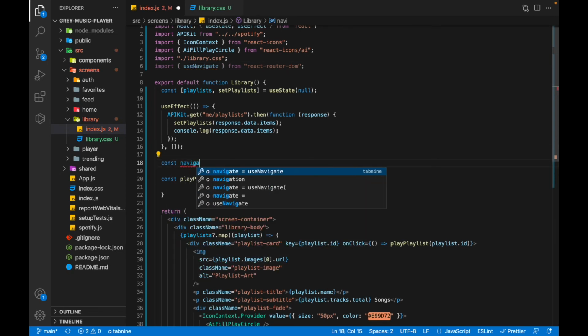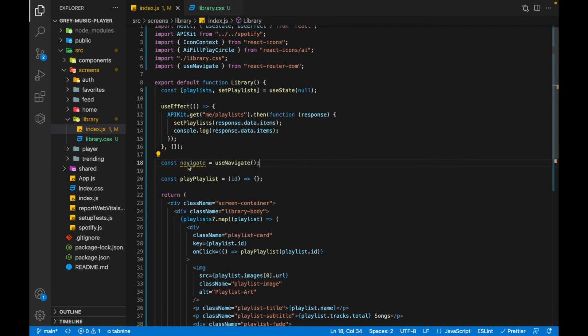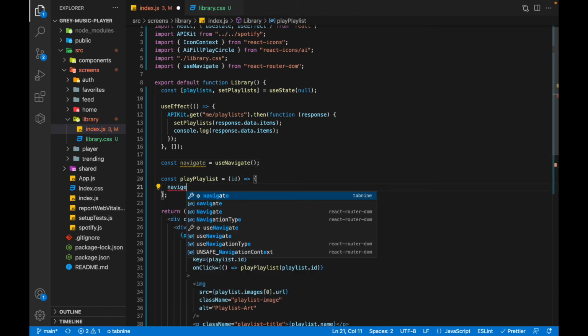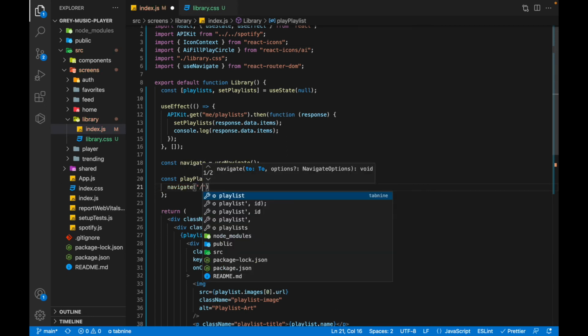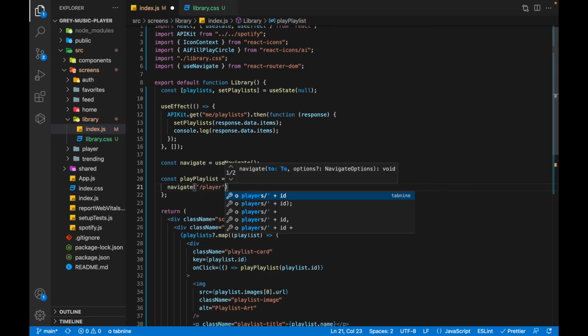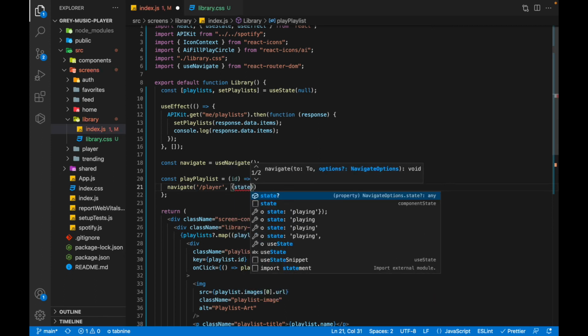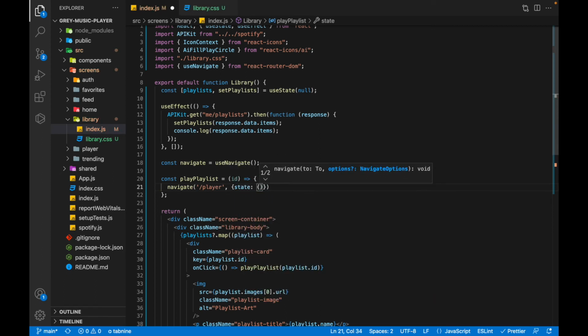We create a constant called navigate, which is equal to useNavigate. So this will be the instance of useNavigate here, and to navigate we'll just write navigate. With it we'll add the path that we want to go, so we'll go to the player path, and after that we can add the state, which will take key value pairs, so we'll send id as id. All right,